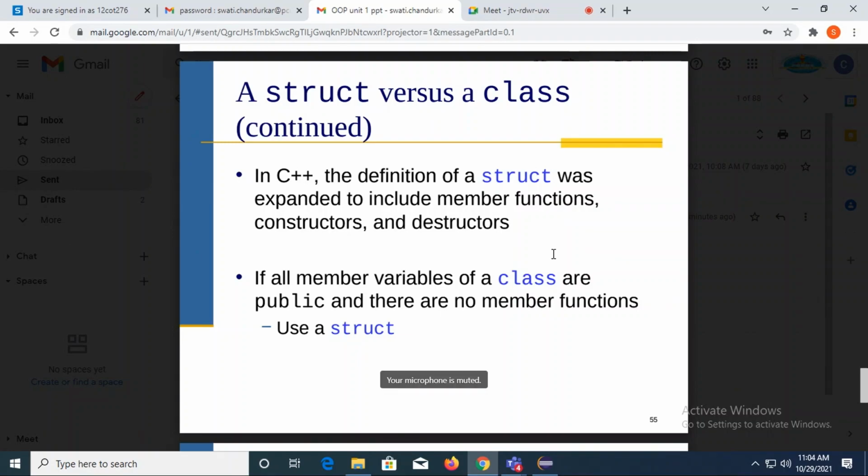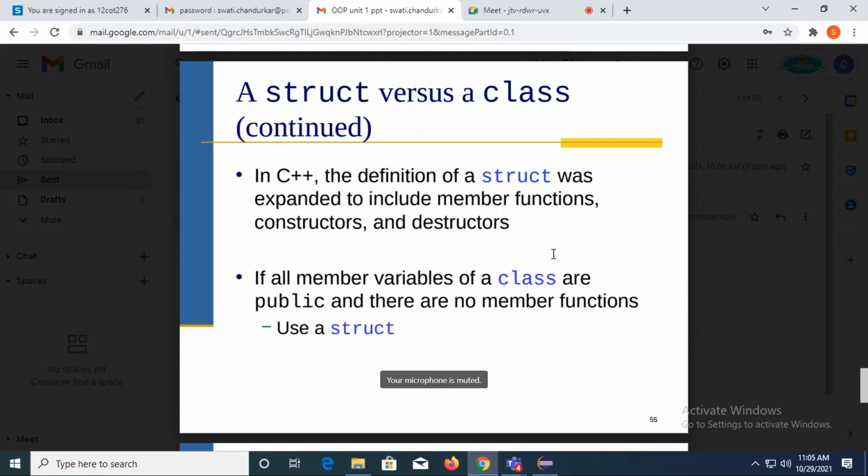Very much similarly to how you write a class, which is a collection of data members and member functions, the class keyword can be replaced by struct. So you can write a structure in C++ including data members, member functions, constructor, destructor, static variables, static member functions, everything.